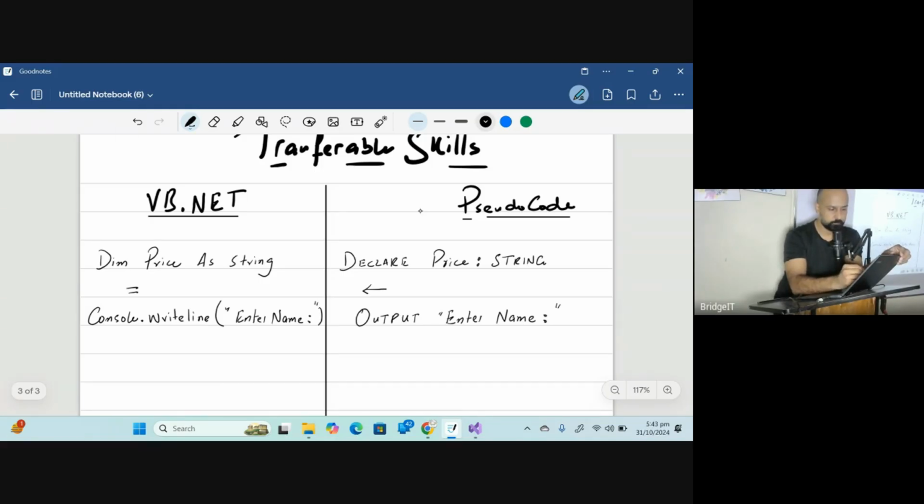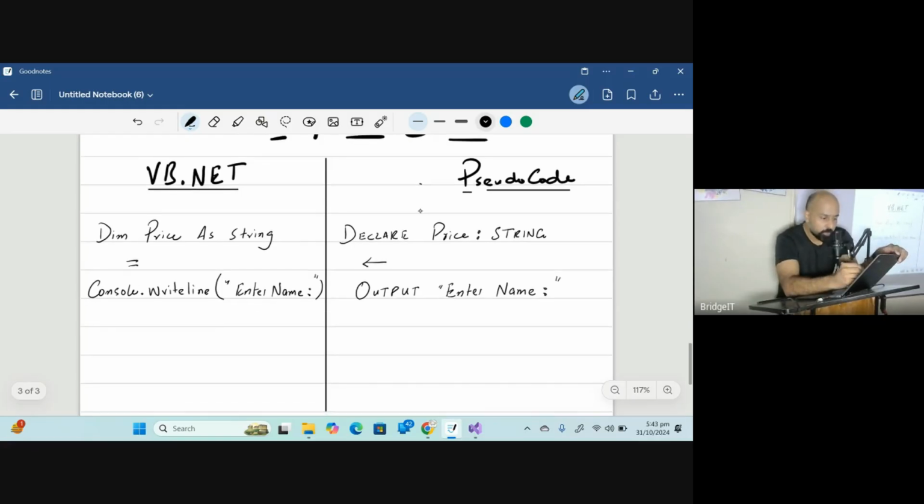Okay? To input in pseudocode, we write input and the name of the variable. You can suppose any name for the variable. And in VB.NET, this is a little bit different: my variable equals Console.ReadLine. ReadLine means input, WriteLine means output.